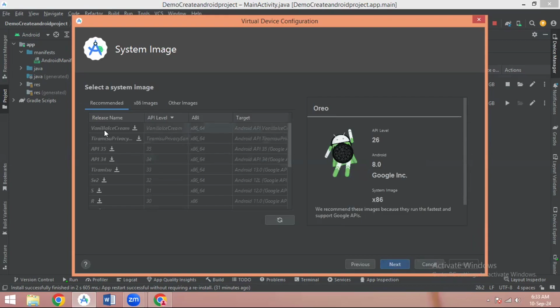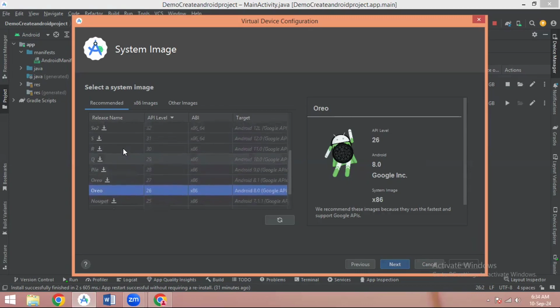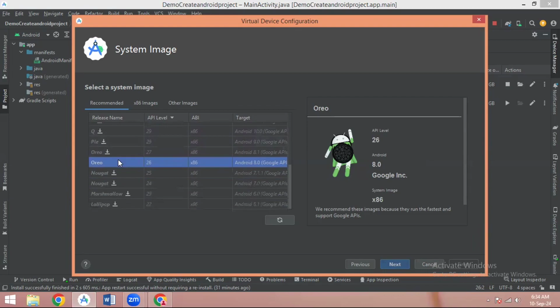Now, as you can see here, there are a number of options available like Vanilla Ice Cream, Tiramisu, Privacy, API 35, API 34, and in front of each configuration there is a download button. So if you have not seen any configuration which is already installed, then you have to select which type of configuration you want to install. For that you have to click on this download button, and that system image will be downloaded